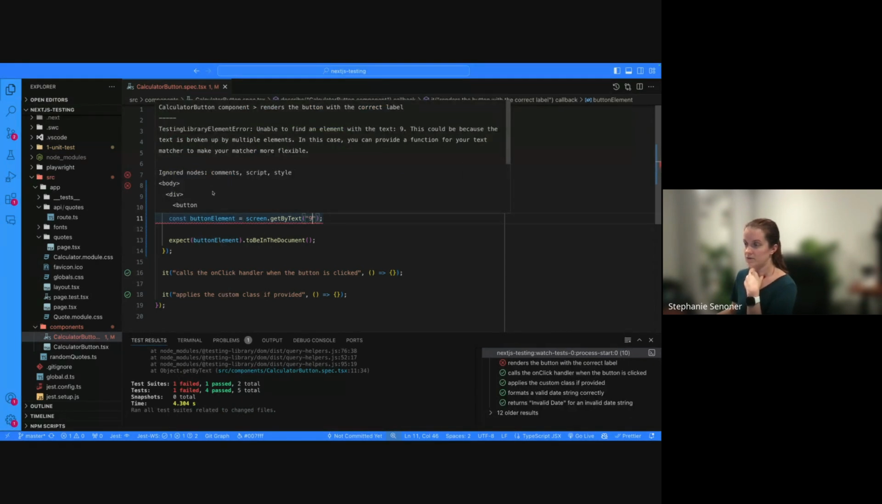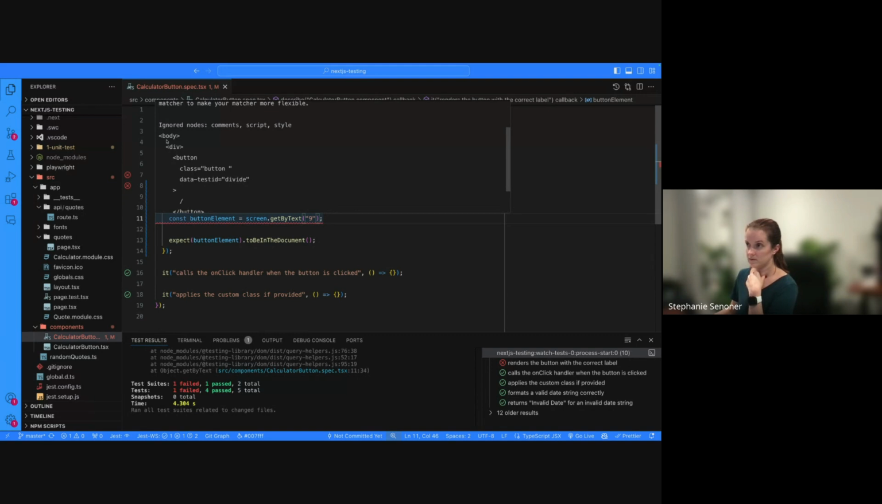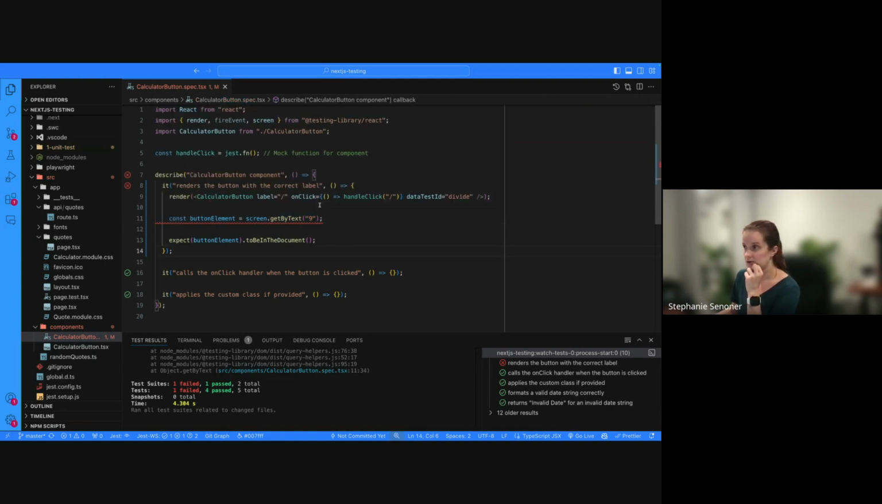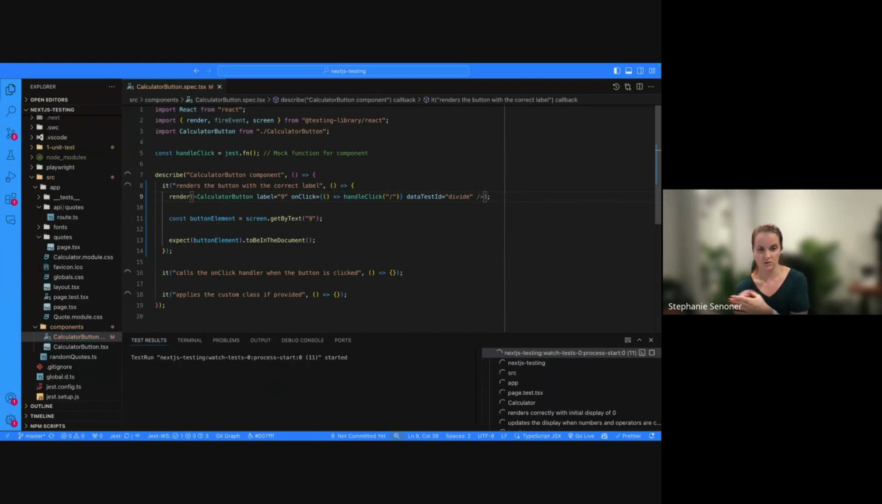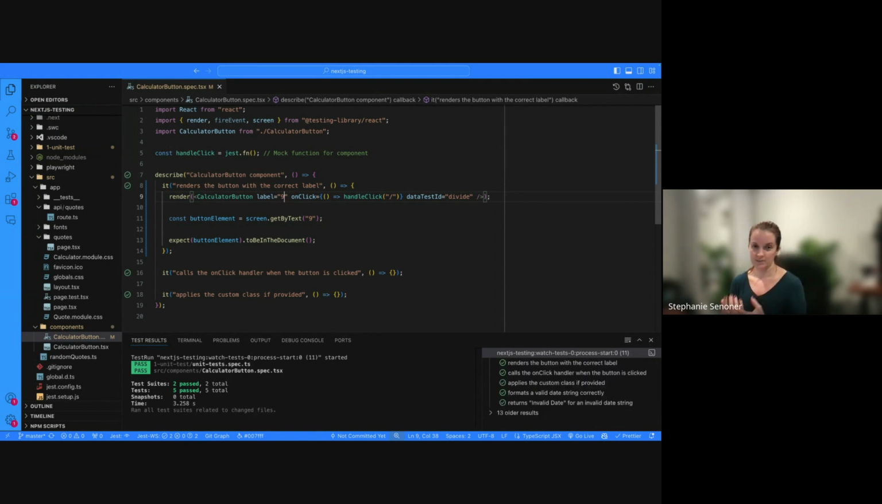Because that's what Jest is seeing. So Jest and RTL render everything in their own little body. So it sees the button, class button, data test ID, divide with a slash. There's no 9. So when I change the properties to 9, it would also change how it renders. Does that make sense? Yes. Yeah. So